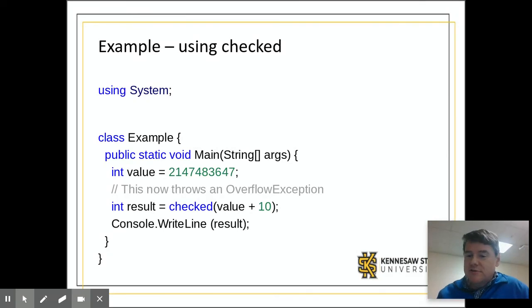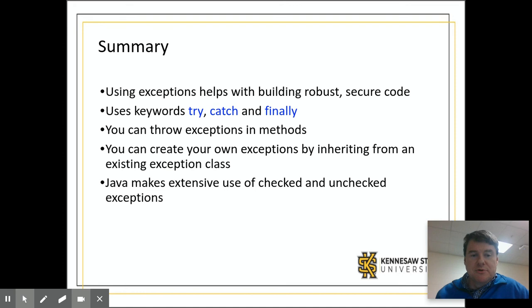which would be very bad if you had a lot of money. You have $2 billion in your checking account and you put $10 more in, and suddenly you have a balance of -2 billion. Your customers are not going to be very happy with that. So make sure you check your integer values, and that's how you do it with checked. Really only have to do that if you're getting to really large numbers. All right, so that is the end of the lecture on custom exceptions in C# and